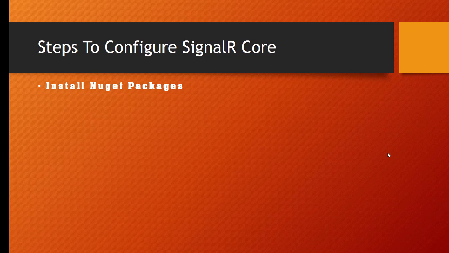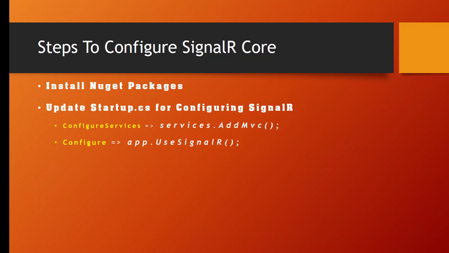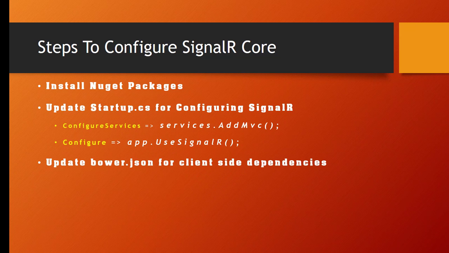I'll show you a quick recap of the steps required, and then I will walk you through a hands-on practical demo. The first thing we need to do is install NuGet packages. Next, we have to add some entries to the startup.cs file for configuring the SignalR application to work. The third is we have to update the bower.json file for some client-side dependencies which are required for SignalR